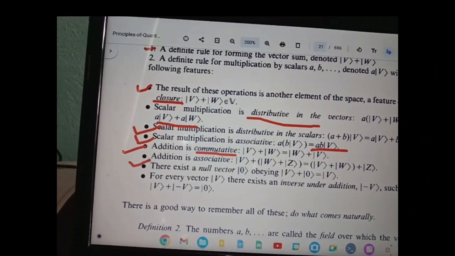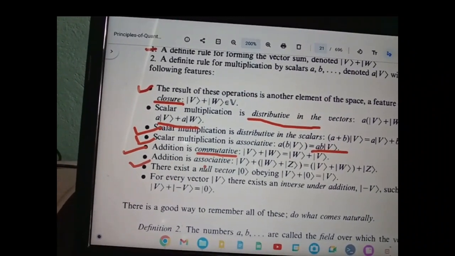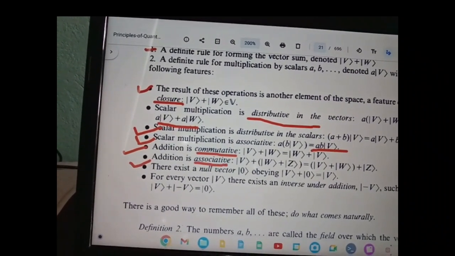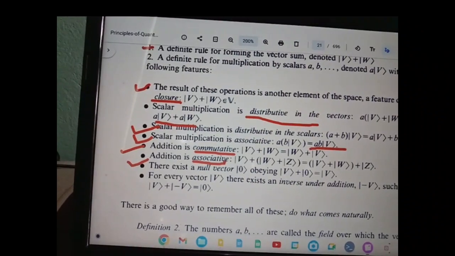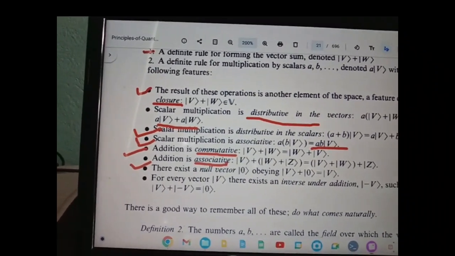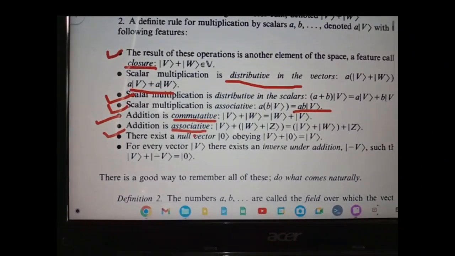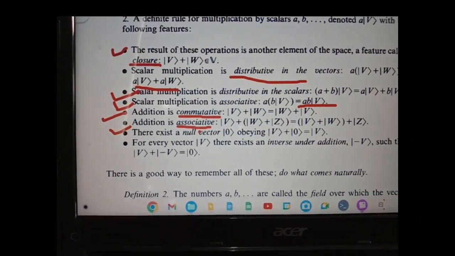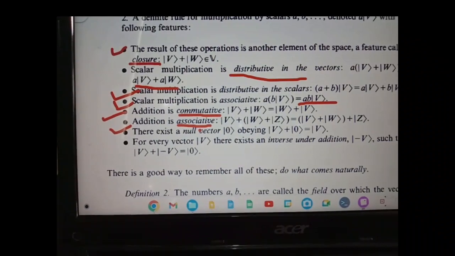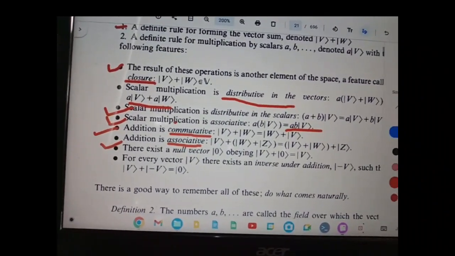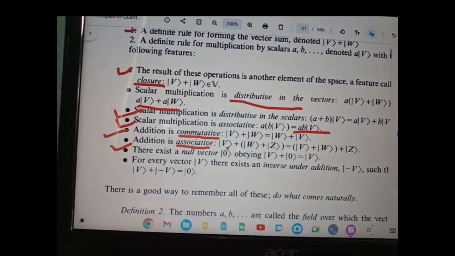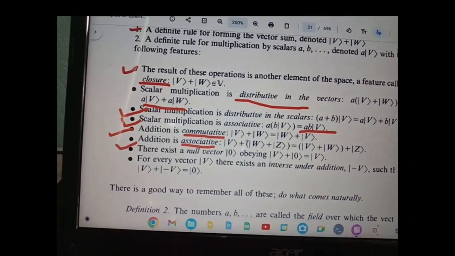And here is another property, which is that addition is associative. The addition of linear vector spaces follows the associative property. I think all of you know what the associative property is. If I have a vector space v plus w within